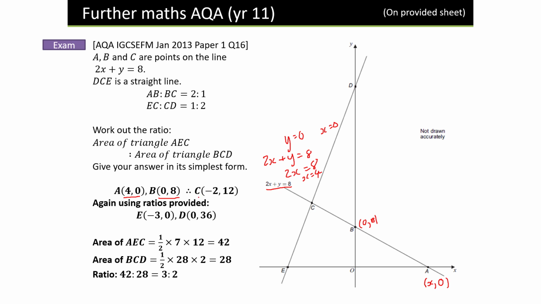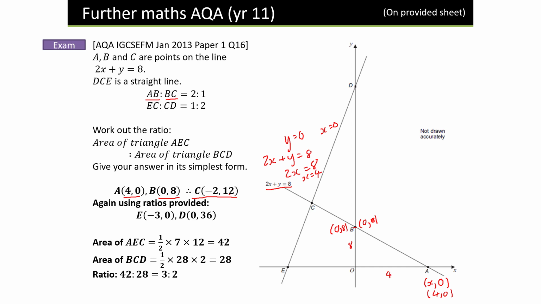Now, how do you know that therefore C is minus 2, 12? Well, you've got this ratio here, AB to BC. So now that we know that this is coordinate 4, 0, and this coordinate is 0, 8, we have that height as 8,